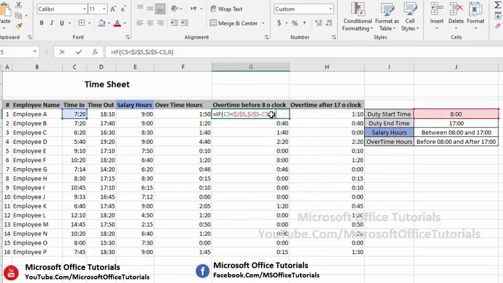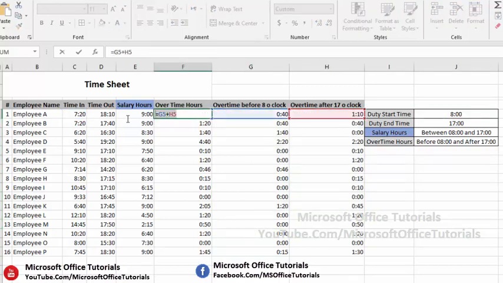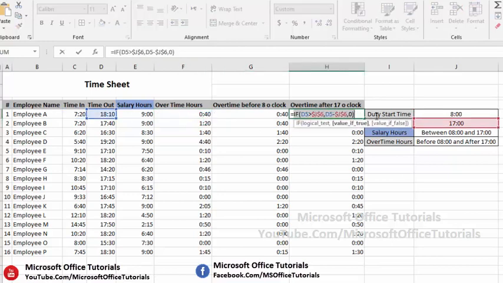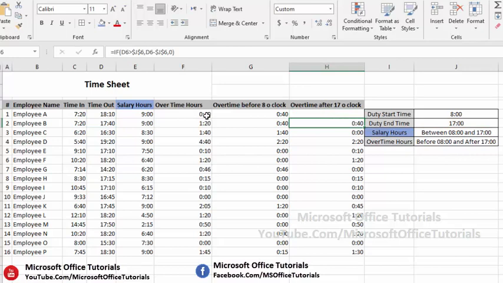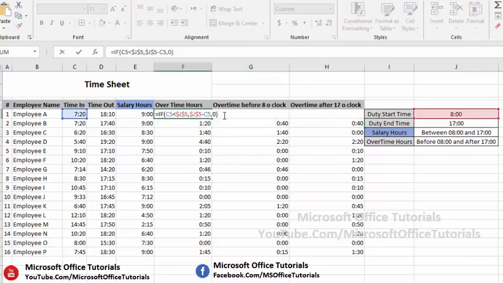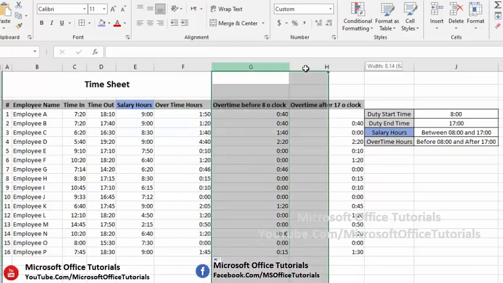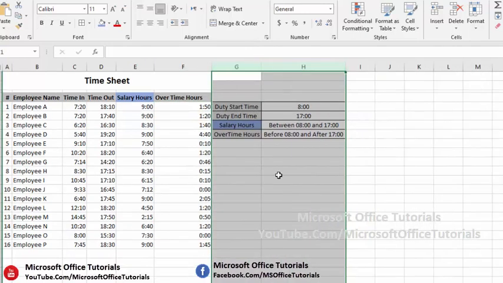So I will copy this formula, paste it here, and then copy this formula from here and add it to this formula, and here we go. I will drag it down, and now we don't need these two additional columns.